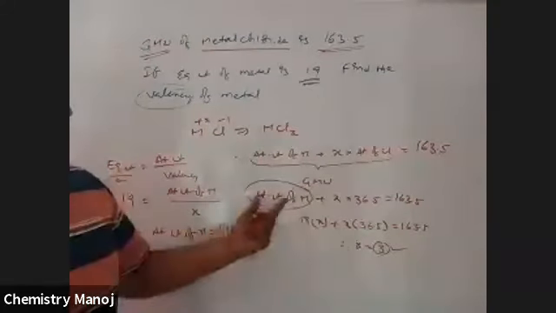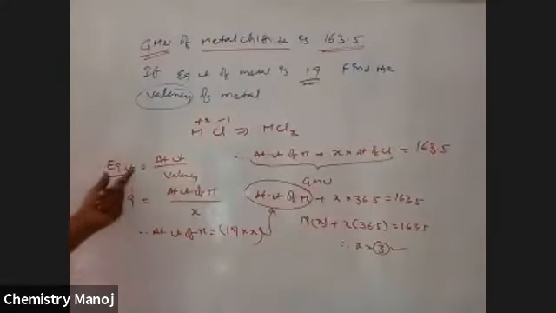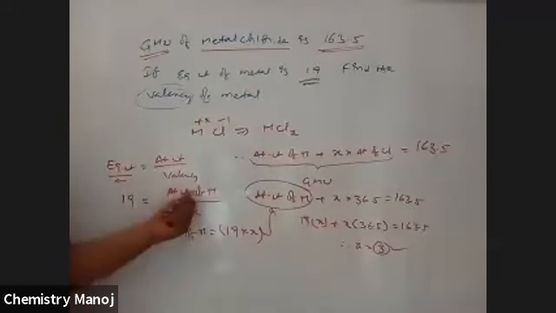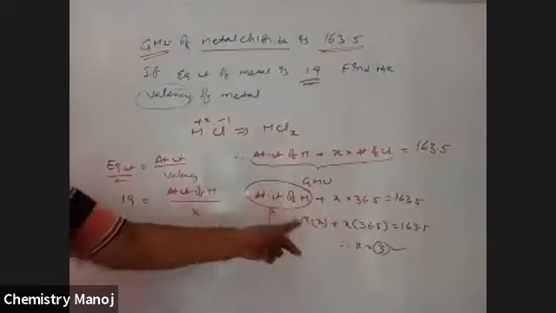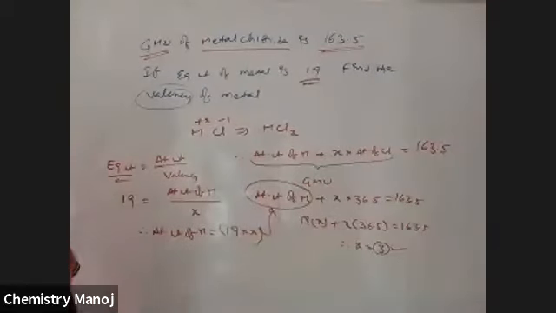Okay. So, atomic weight of metal is calculated like this. Equivalent weight is equal to atomic weight by valency. Atomic weight by valency, let it be x. Equivalent weight is given as 19. Therefore, atomic weight of metal is equal to 19 into x. Substitute that value. 19 into x plus x into 36.5 is equal to 163.5. Therefore, x is equal to 3. So, it is the simplest way to calculate the atomic weight or valency of the element. In the previous case, equivalent weights were calculated. In this case, valency is going to be calculated. Okay. And next and last for today's class.